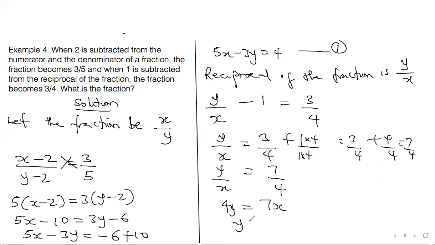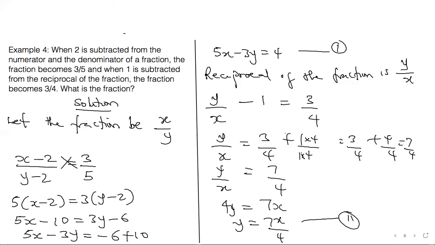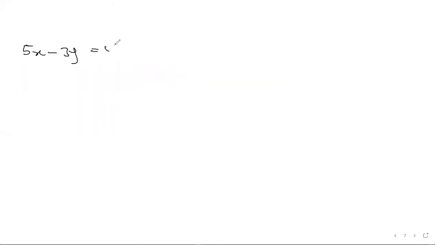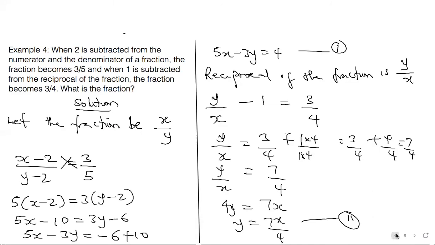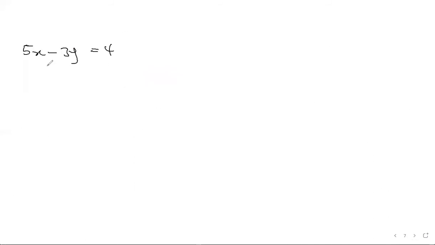So from here, y will be 7x over 4. I'll keep that as equation 2. So if I substitute equation 2 into equation 1, then I will have 5x minus 3y equals 4. Equation 2 is y equals 7x over 4, so I have to replace y with 7x over 4